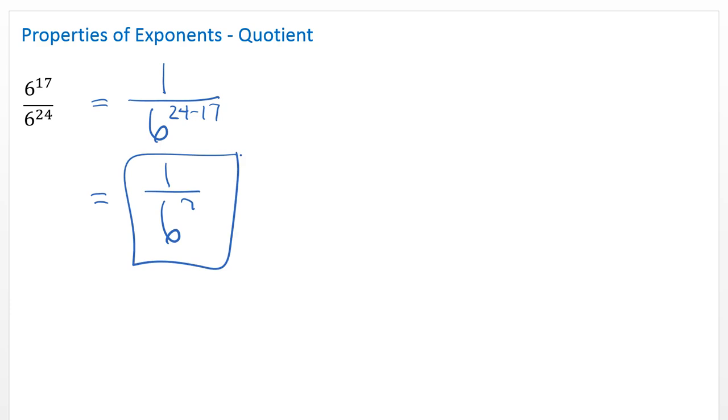Now if you wanted to do that numerically where the 6's cancel, you would have to write out what 6 to the 17th is, which is enormous, and divide by 6 to the 24th, which is even bigger, and then find the greatest common factor that goes into both of them. I'm going to tell you the truth, that greatest common factor is going to be 6 to the 17th, an enormous number. So it's so much easier to work with the properties of exponents rather than trying to